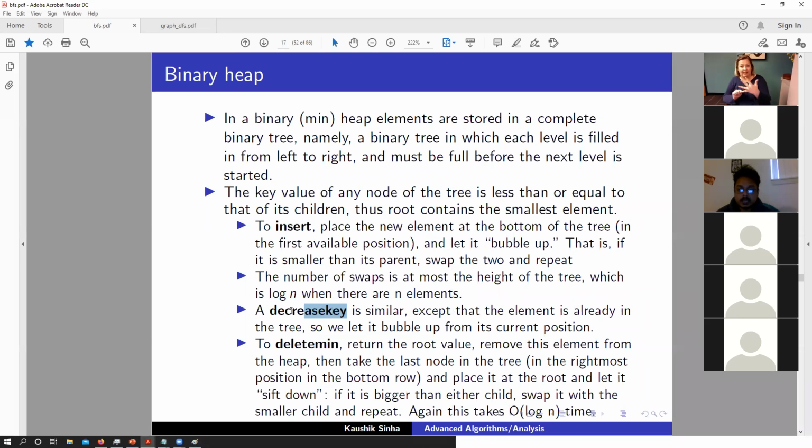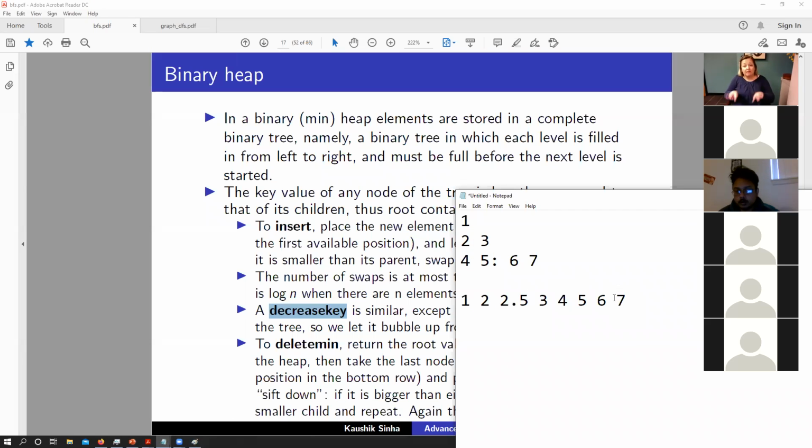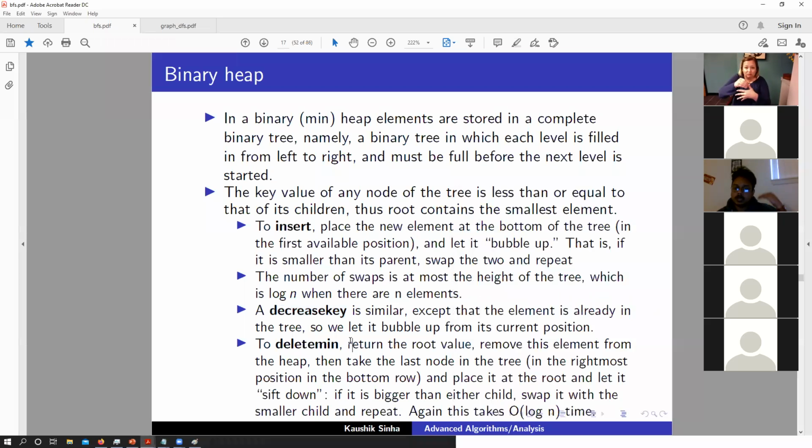Okay, similarly, we also need to be able to decrease the value of a particular key. Let's say that we found a new path to this particular node that initially had the distance 6. Let's say the new path can be explored in 1.5 distance. We again need to be able to bubble this number up somewhere around here, such that once we decrease the value, we can update it to its correct location.